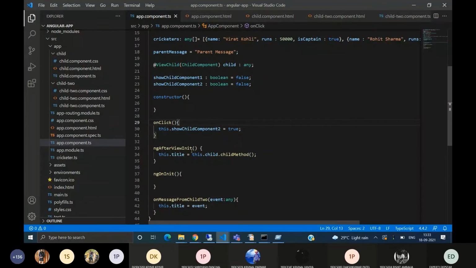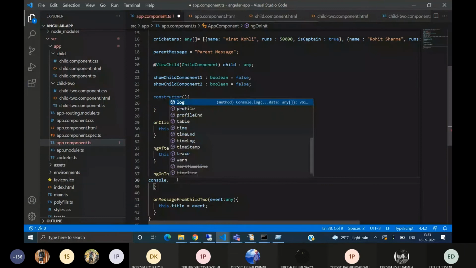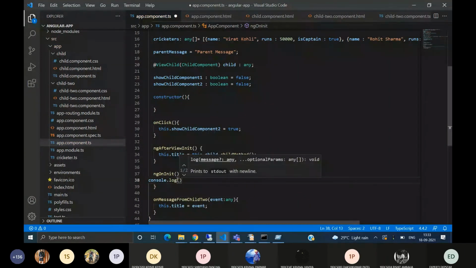Now we will also call here to see whether the parent's ngOnInit or the child's is called first.